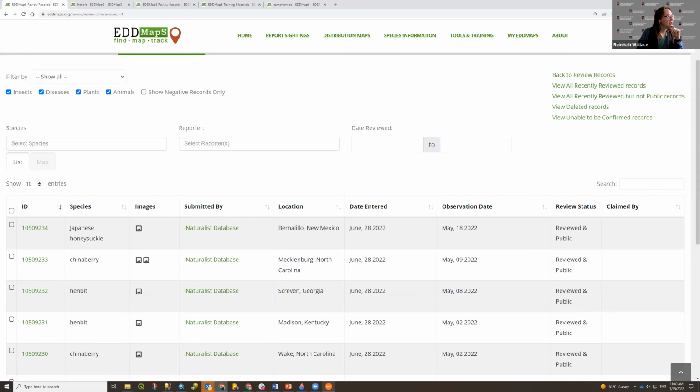Things are moving. I know there have been talks about stacking reports of the same species. Okay, consolidating records that are very close in proximity to each other. So is this something that will be done automatically, or will counties and states have to request that? At this time, there's no automatic way to do it.